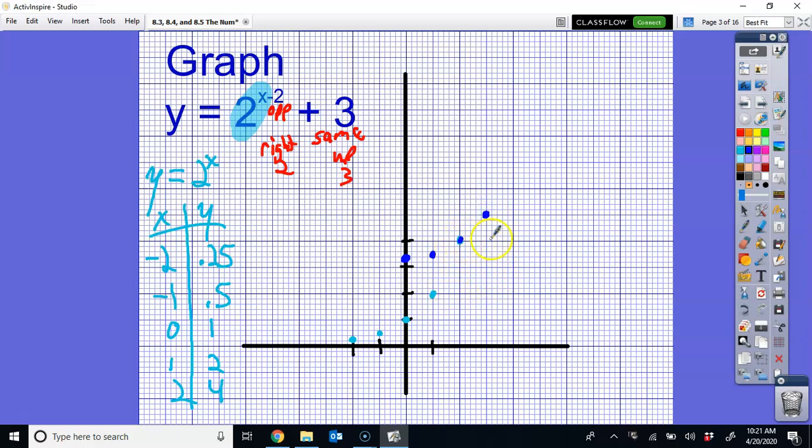Then this one, right 2, up 1, 2, 3. So now our graph has been moved right 2 spaces, up 3, and our asymptote has also moved right 2